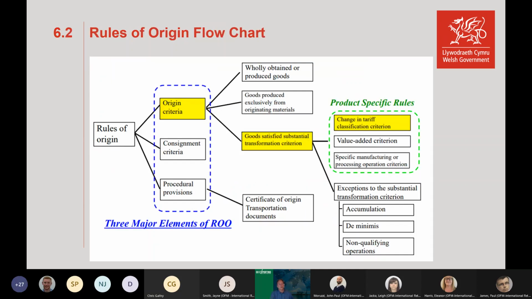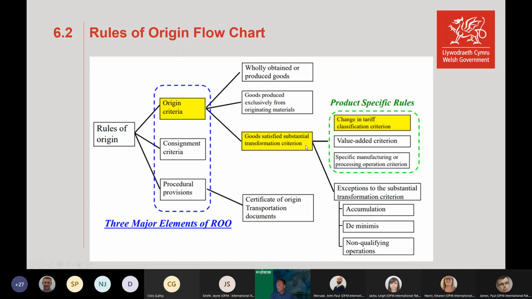So this is the flow chart for deciding the rules of origin. There are three major elements to rules of origin. There's the origin criteria, which we've been talking about. That's whether it's a wholly obtained or produced good, whether it's produced exclusively from originating materials, you can see here, or if it satisfies the substantial transformation criterion that we've been talking about in the different free trade agreements